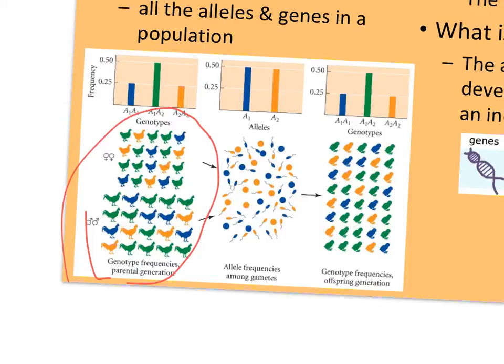In this case, we'll say the alleles are A1 and A2, red and orange. Okay? Now, if you have a whole population that's capable of interbreeding, it means pretty much like you take all their alleles and you throw them into a big pot and you mix them up, and if it's a randomly breeding population,